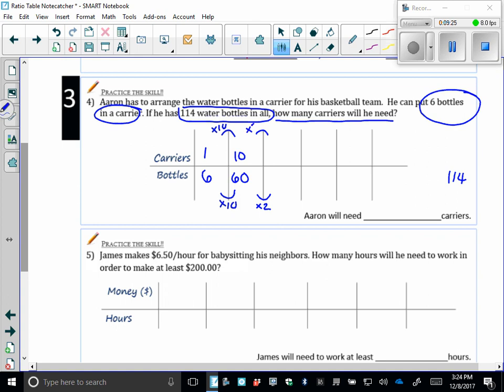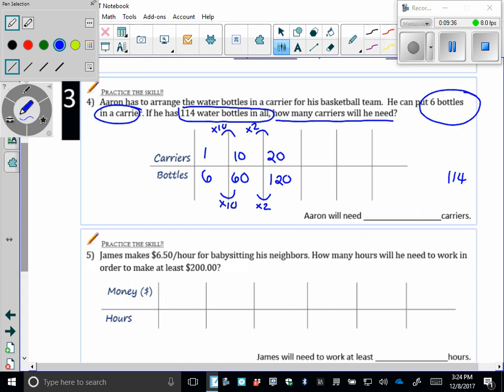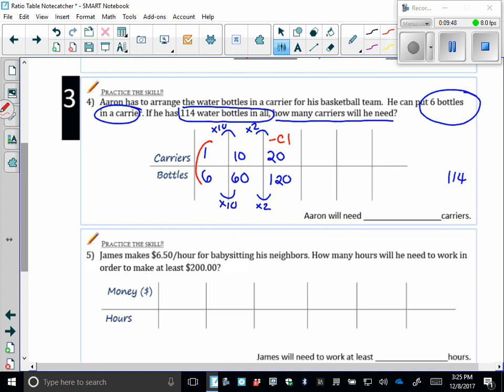Good. So just mental math, you get 20 carriers is 120 bottles, and the goal was what, Jack? So what do you think she did on her last step? Subtracted column 1. Is that what you did? Good. Nice job. So that was very efficient, but also to be fair, the numbers were easier. So Aaron will need 114 carriers. 100 and, I mean,